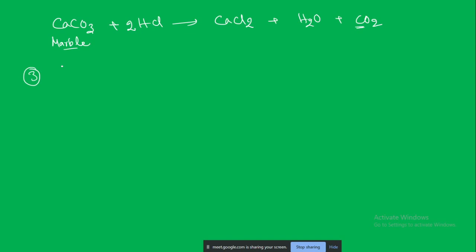Whatever acid is there in the lemon, that is citric acid. Citric acid is an organic acid, but the pH of that acid is also quite low, around 2 pH. If you take HCl, it also has a very low pH, around 1 to 2, because it is able to dissociate very strongly. How fast and how strongly the acid will react depends upon how concentrated it is. If it is a bit diluted, it will react a bit slowly.